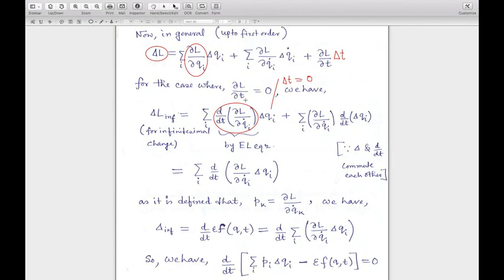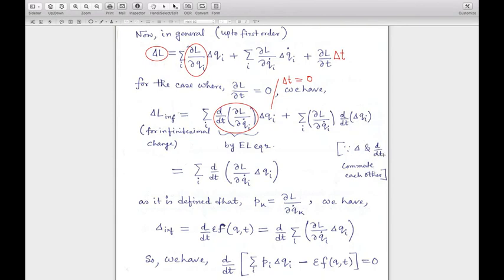That's why for these parts we can easily use the Euler-Lagrange equation. Plus there will be another term, summation over i del L by del q_i dot times delta of q_i dot, which I can write for our present case as d/dt of delta q_i,